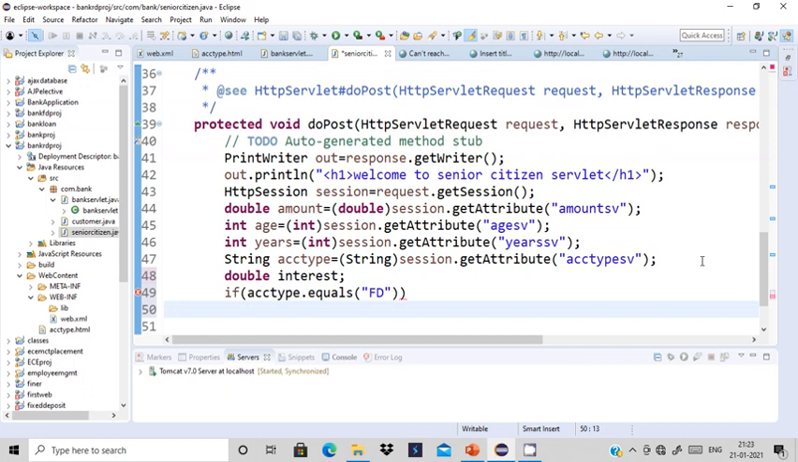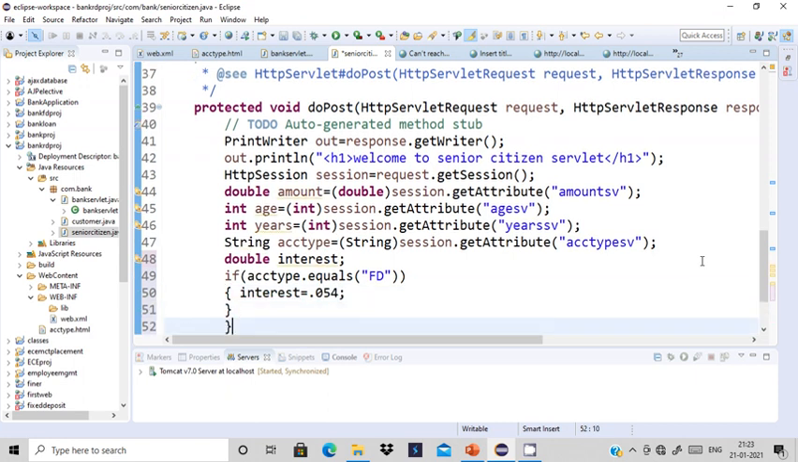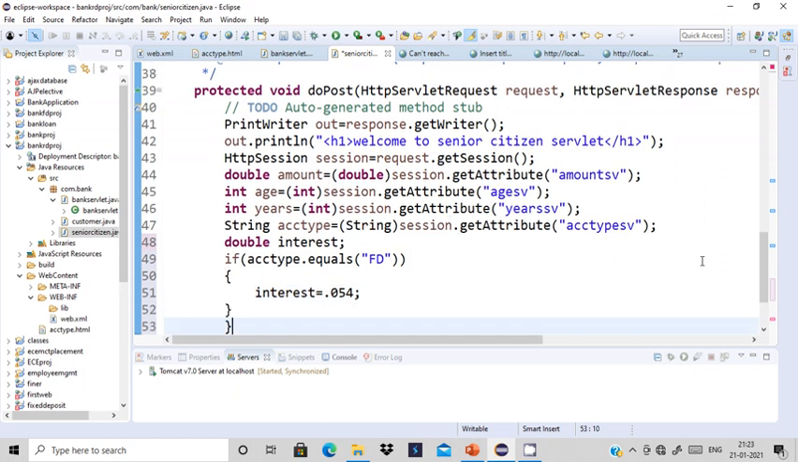Okay, now I just make it double. Interest is 5.4 percent. 5.4 percent can be written as 0.054, isn't it? Okay, else,